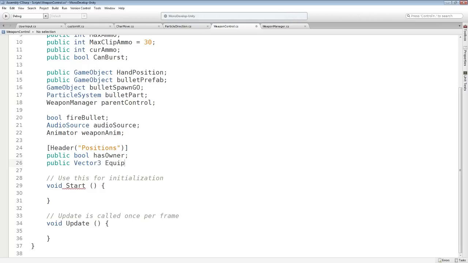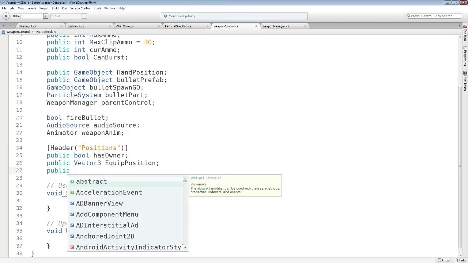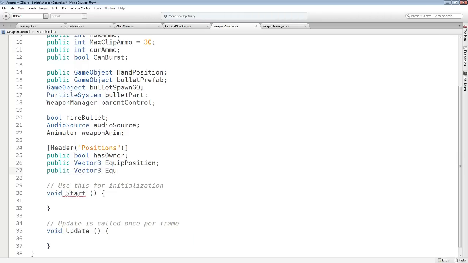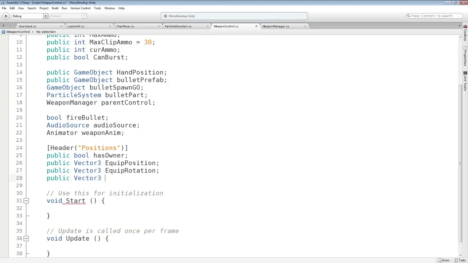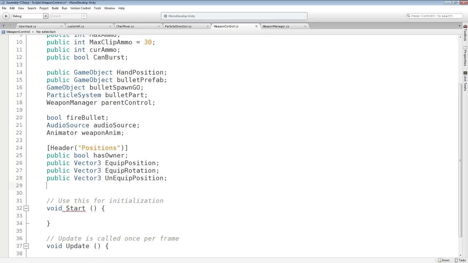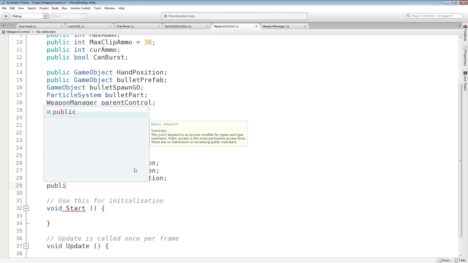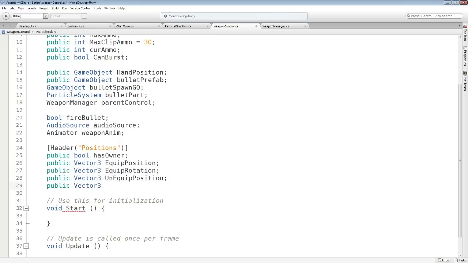A Vector3, which will be our equip position. Another Vector3 that's going to be our equip rotation, and another Vector3 which will be our unequip position, and another which will be our unequip